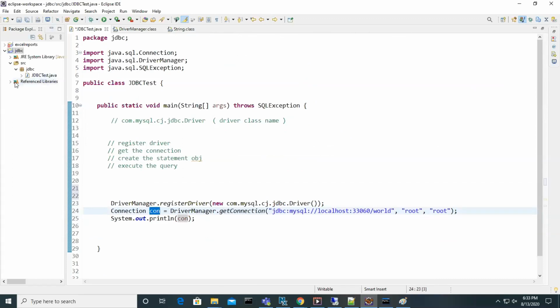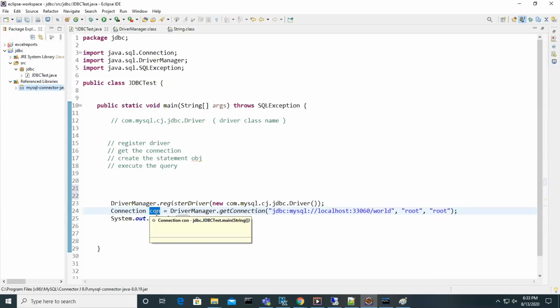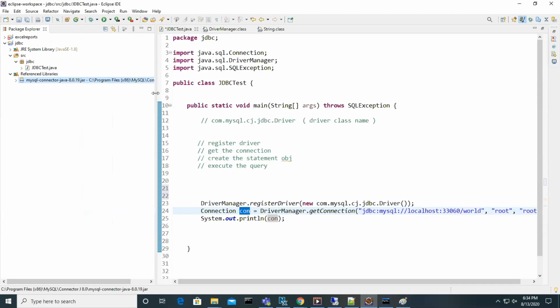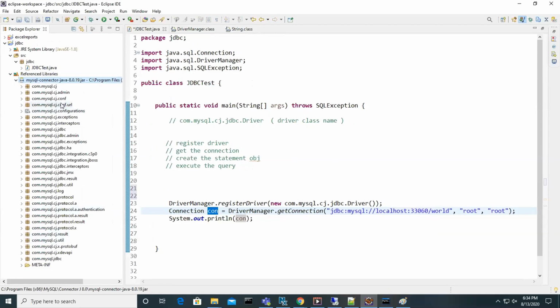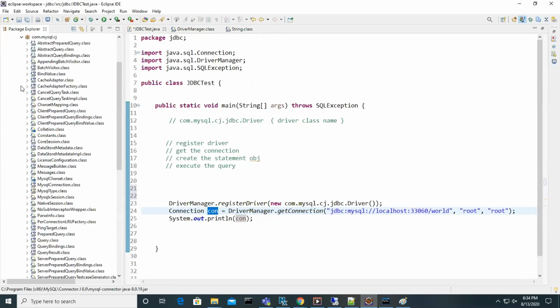Is it part of java.sql or a connector? In the MySQL connector, right? So here you can see that. The already implemented class of the Connection interface will be held here.